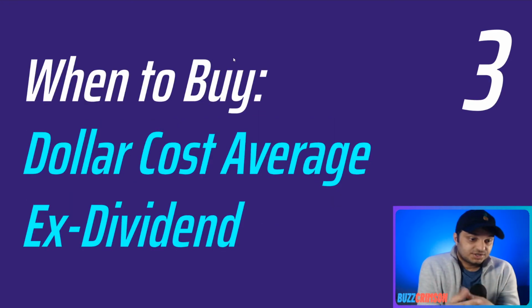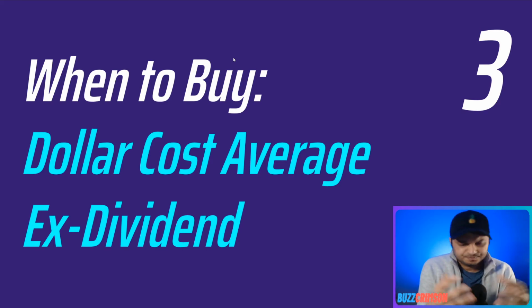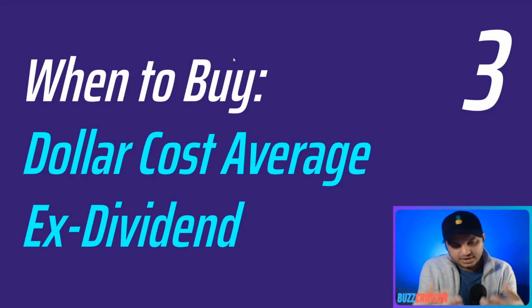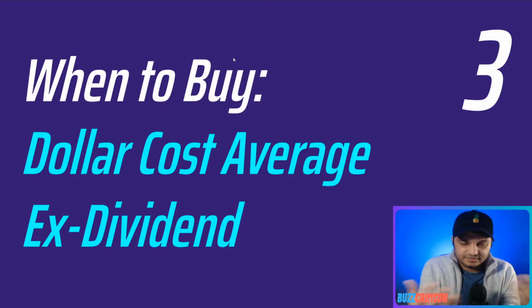Dollar cost average. You should dollar cost average, and you should think about ex-dividend dates. Let me explain what I mean by that. If your average cost on the stock is $25 and the stock is trading at $22, you can continue buying to dollar cost average. Okay, but if that's not the case, and you have funds to invest, then you should